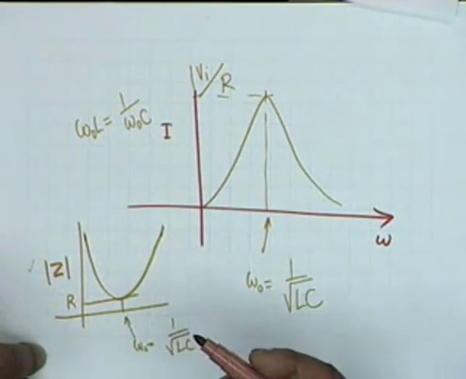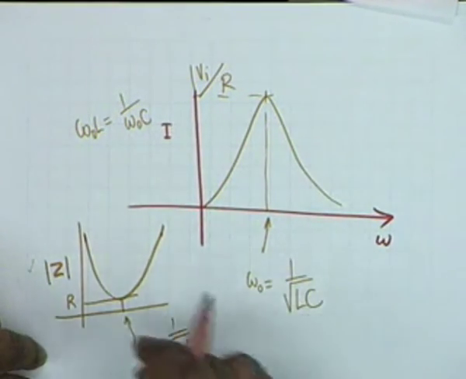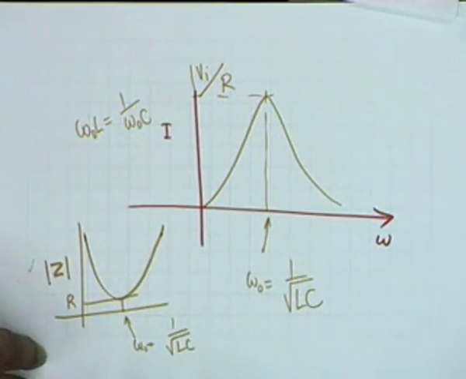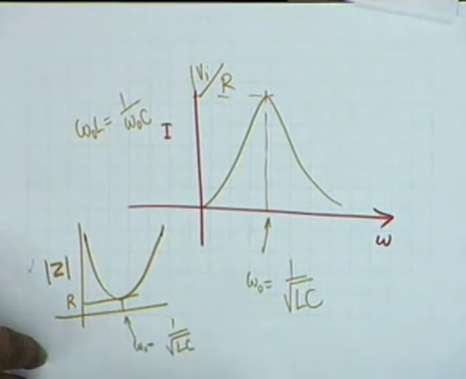Well, if you take the voltage as a response, and the current is held constant, then obviously it will be a band stop type of thing. Whereas if you take the voltage as the excitation and the current as the response, then it is a band pass type.